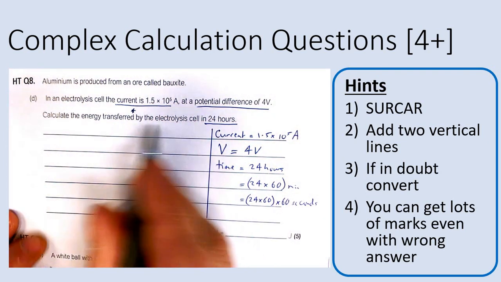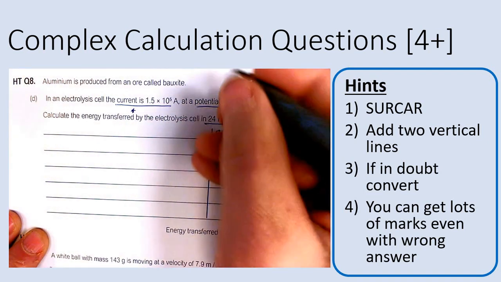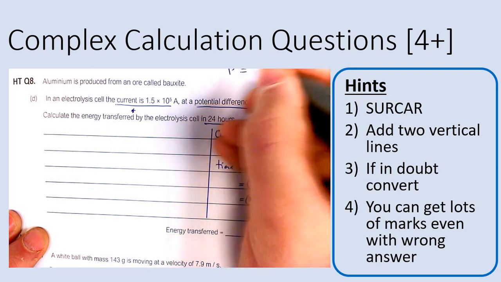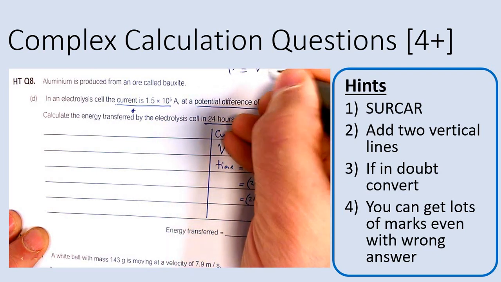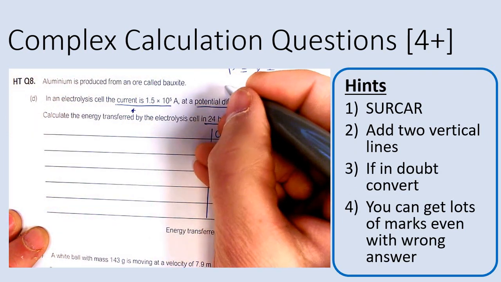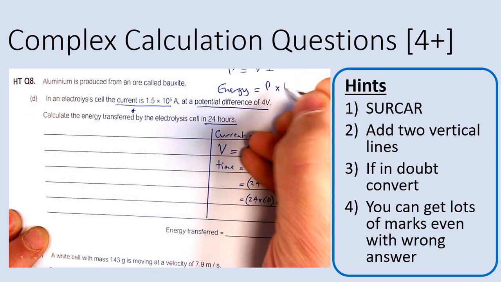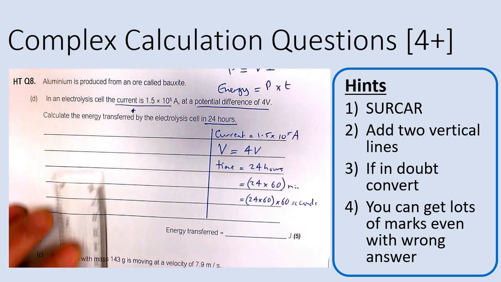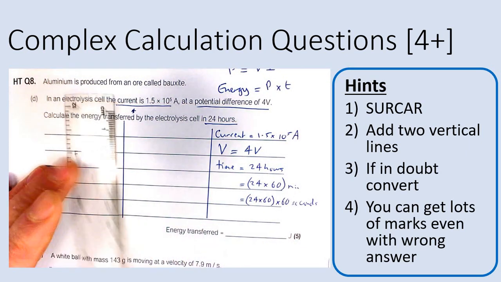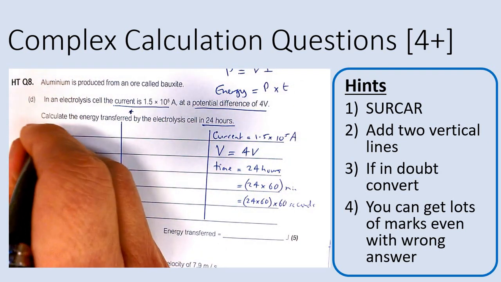Right, calculate the energy transferred by the electrolysis cell in 24 hours. So hopefully we know that power equals voltage times current, and we also know that energy equals power times time. So I've got two different formulas here I'm going to use, and because I've got two formulas, I'm going to put a line down the middle there. In this one I'm going to work out power. So I know that power